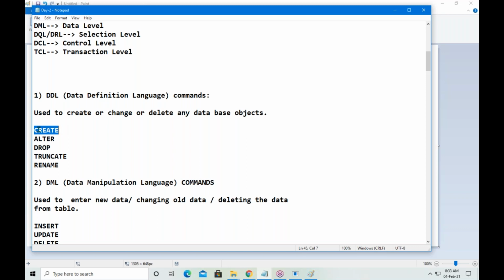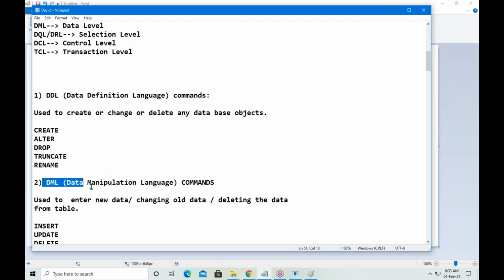Don't worry. According to our present discussion, I have just listed all the commands: create, alter, drop, truncate, rename. 5 commands under the DDL category.